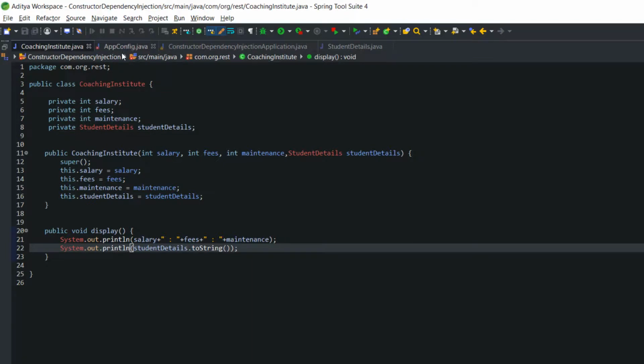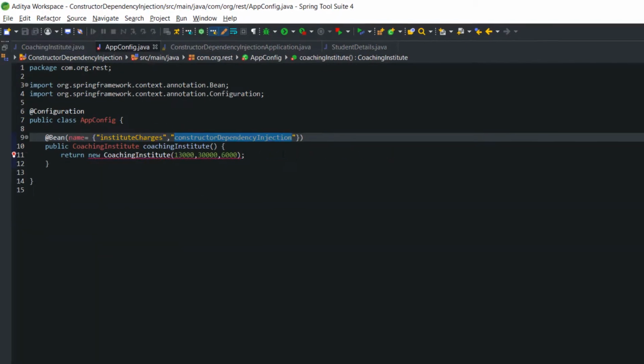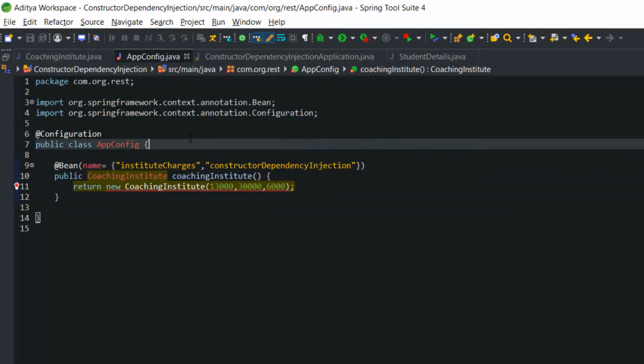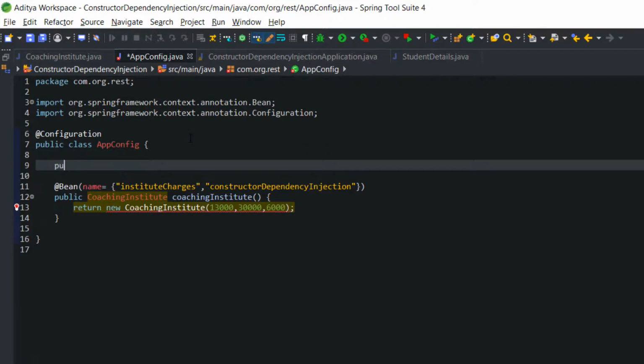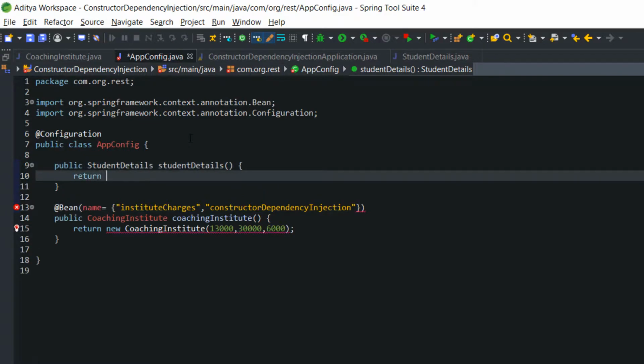Okay, now let's go to the configuration file and create one more bean, and this bean will be the student details bean. Public student details, method name, let's say student details, and here I'm going to return new student details.